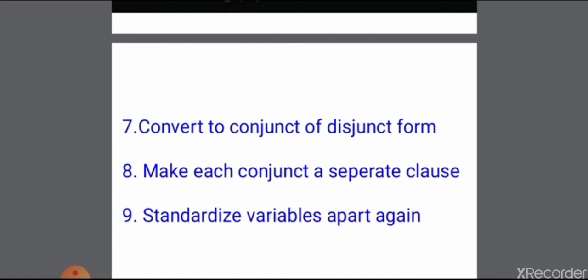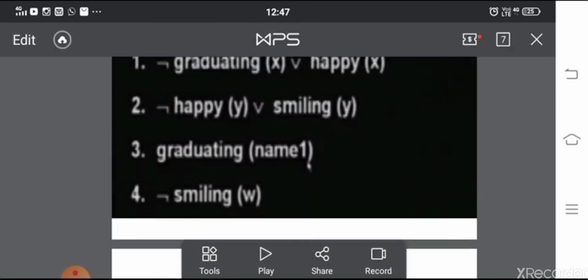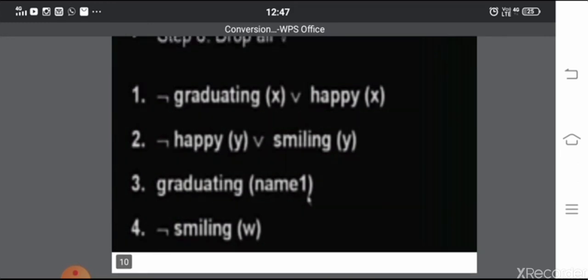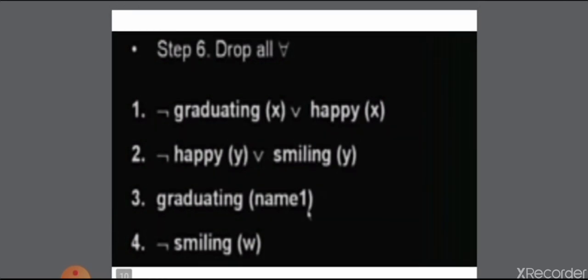The ninth step is again to standardize variables apart. Here we already have the standardization of variables, so we don't need to worry about the ninth step in this example. We had used x, then y, then w, and for graduating we had used name1 as a Skolemization constant.